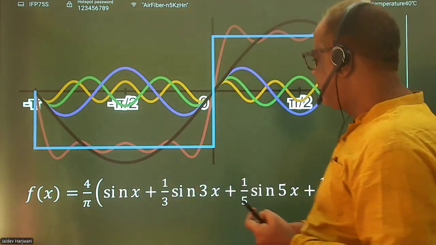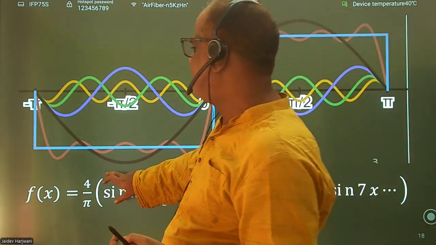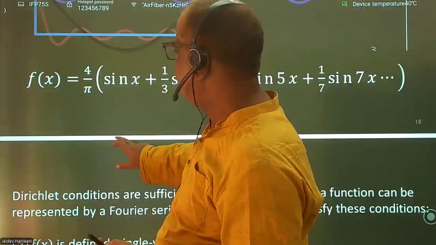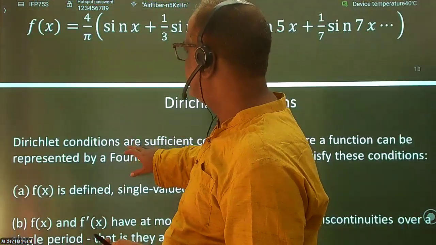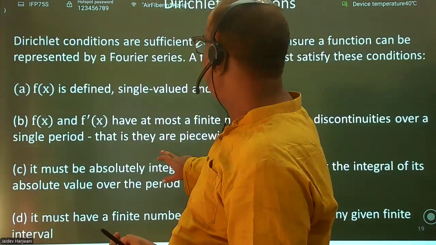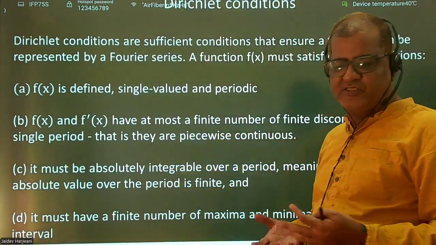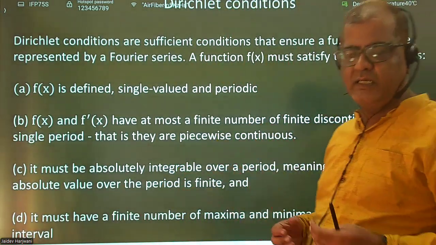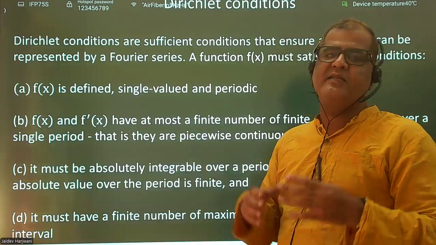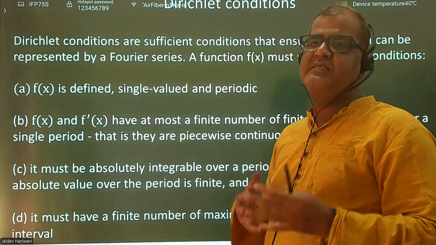Here we have only sine. Some functions require only cosine, and there will be functions which have both sine and cosine terms. Now the next is Dirichlet conditions. So which function can be written in the form of a Fourier series? There are some conditions